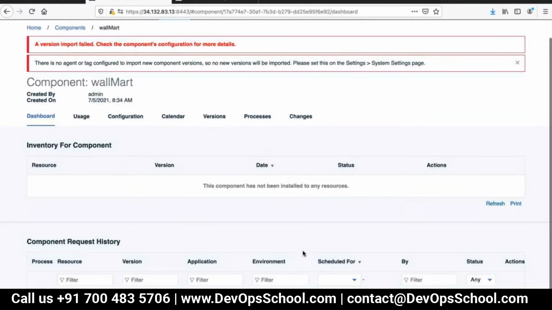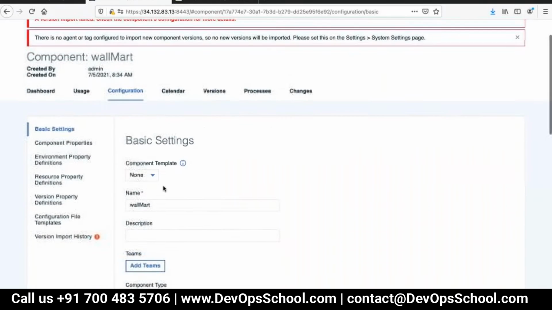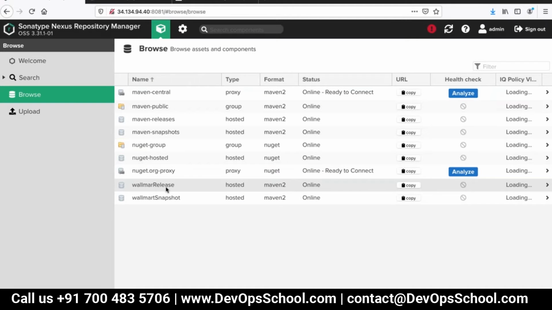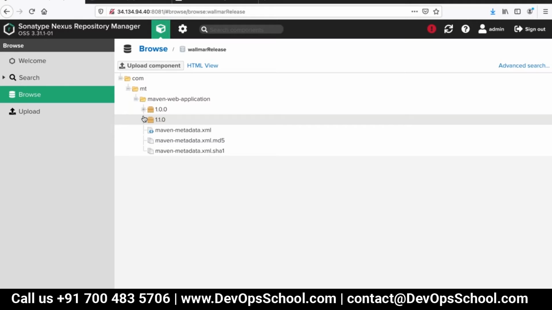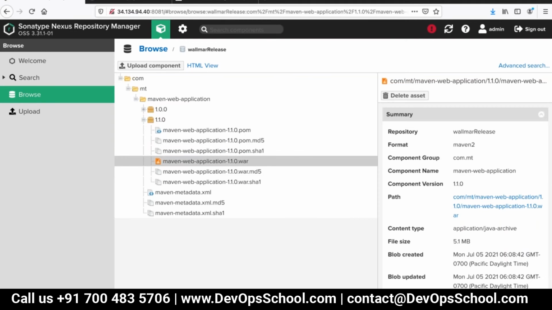Okay, one second. Somewhere we are missing. Go to the Nexus, go inside the Walmart. Inside the Walmart, we are missing com/empty.